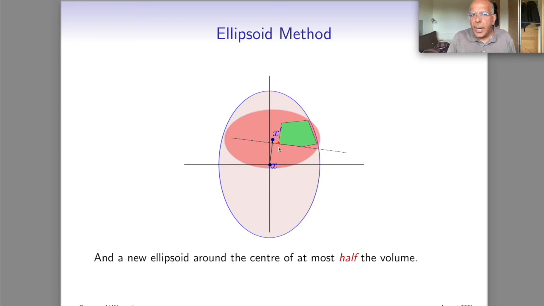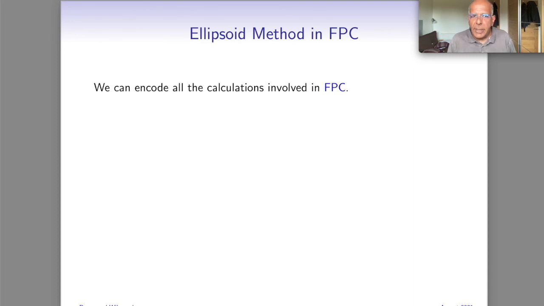Okay, and this is what guarantees that the whole process converges in a polynomial number of steps. So now we want to do this in FPC. I'm not going to try and write down formulas in FPC for doing all this. The point is all the calculations involved are doable. I mean, we're dealing with, yes, you have to do matrix calculations with no assumption of order on the rows and columns, but actually none of that is difficult.